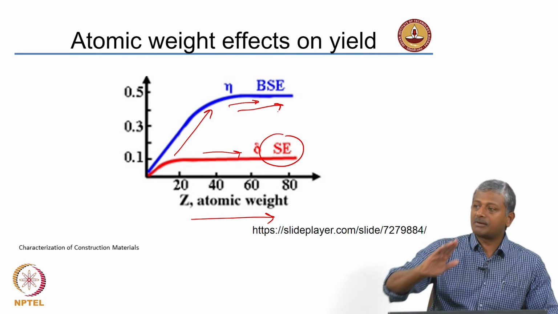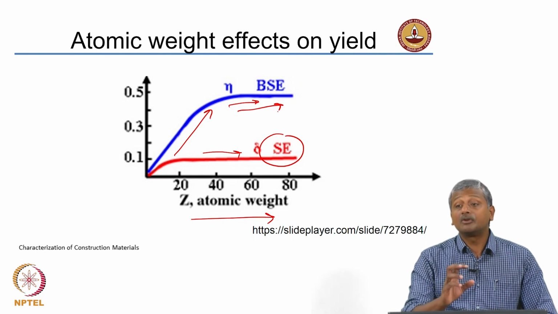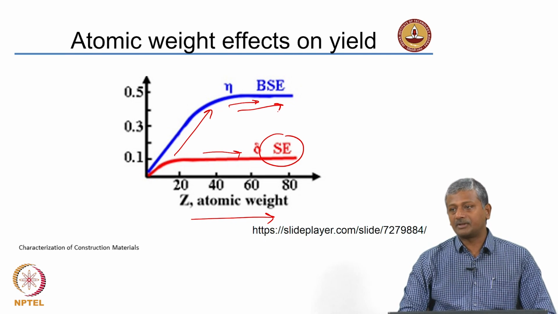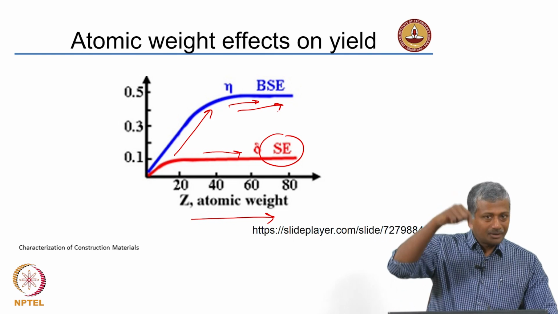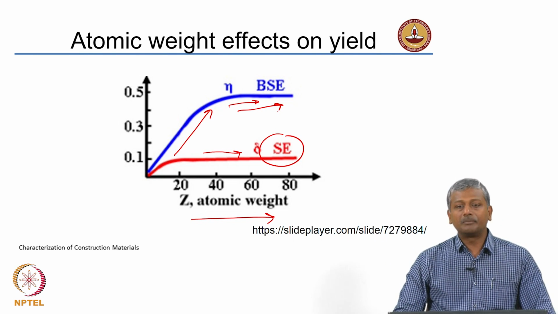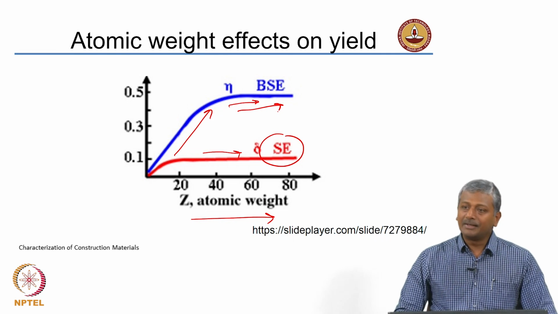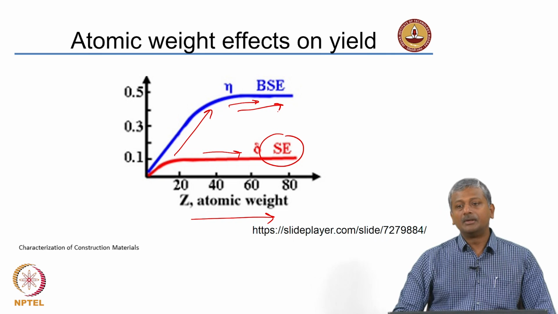Otherwise, it should keep on increasing with the atomic weight of the specimen, atomic weight of the phase that you are having in the specimen, right. So, with more and more atomic weight, a greater proportion of the incident energy is getting absorbed by the sample, because of which you do not get a major increase in the yield of backscattered electrons beyond a certain point.